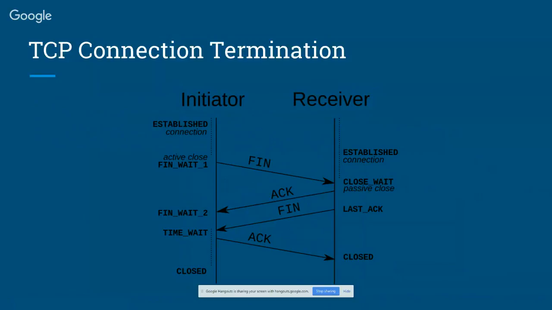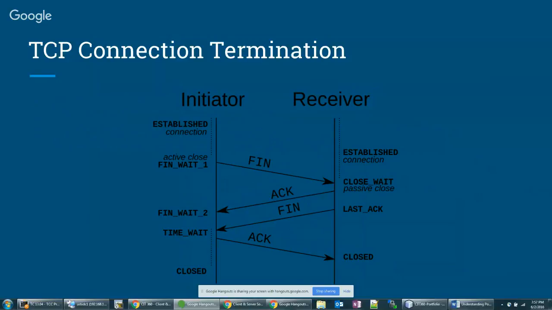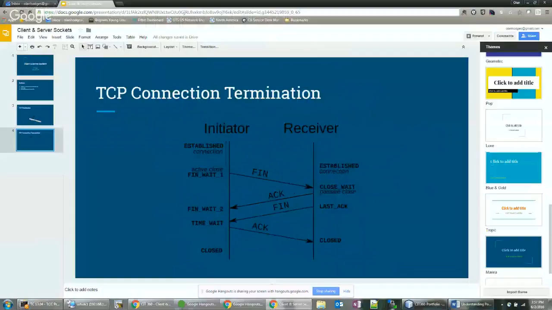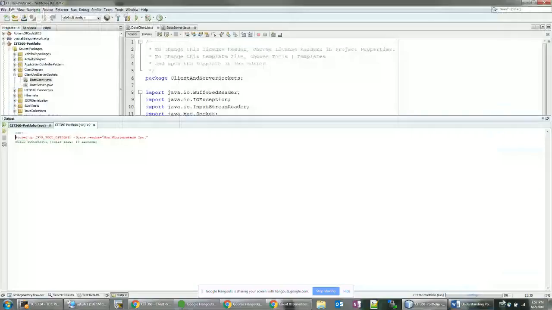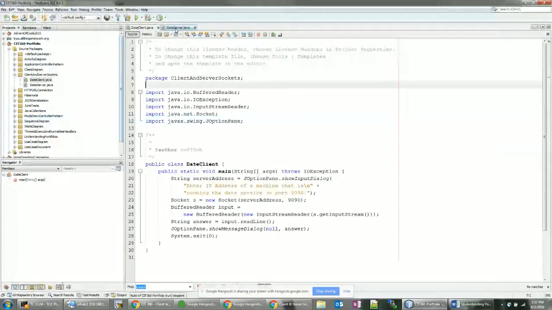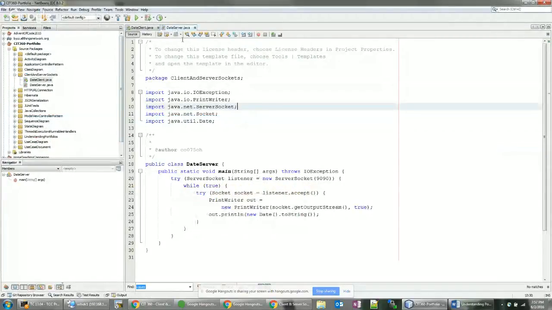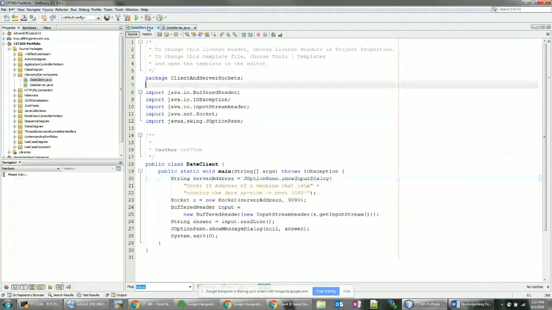So I want to show for this a very simple demo, let me close down the server part of this right now. It's basically a time server, a date and time server. This is the server application. It opens up a port on TCP 9090 and waits for anybody to connect to it, which it then sends out the current date and time out the port. The client